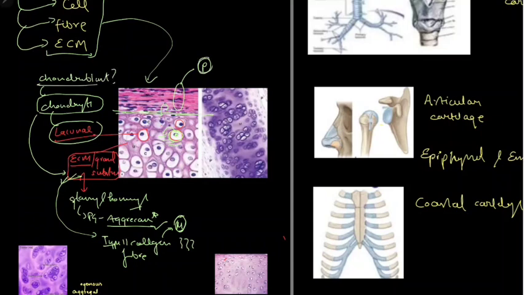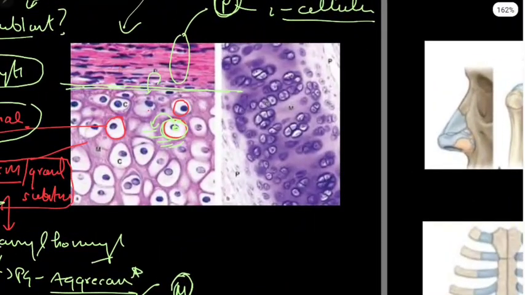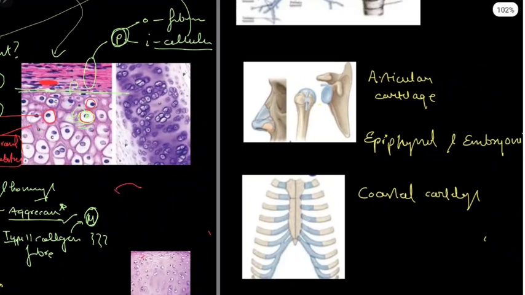So we have perichondrium. Perichondrium has an outer fibrous layer, and the inner layer is cellular, and this inner cellular layer is where the chondroblasts come from. Now these chondroblasts are almost ellipsoid in shape and are arranged along the axis of the hyaline cartilage itself. These ellipsoid chondroblasts actually undergo a number of mitotic divisions, and these form chondrocytes.